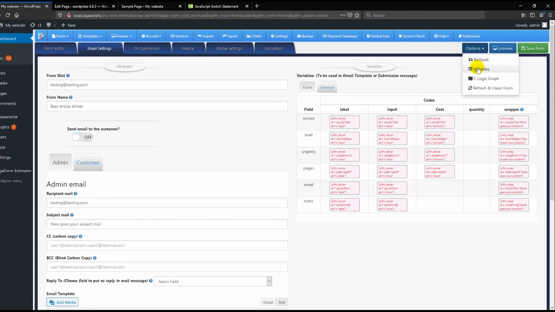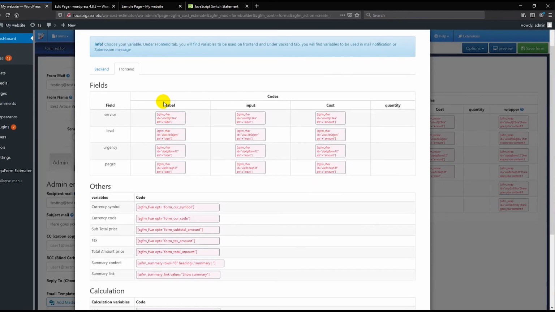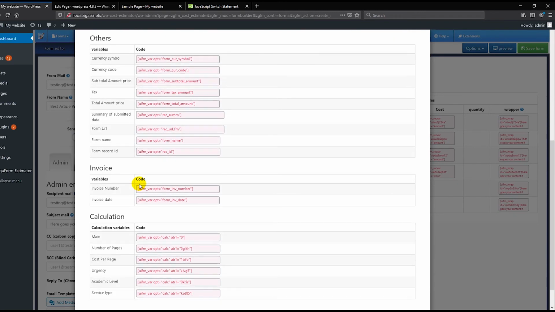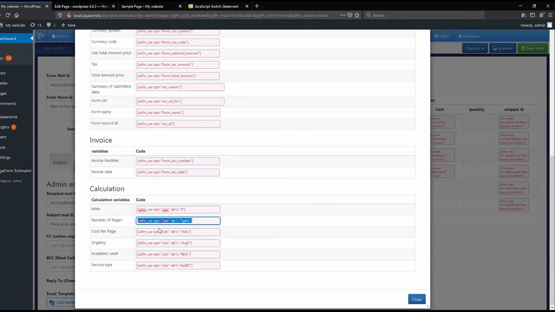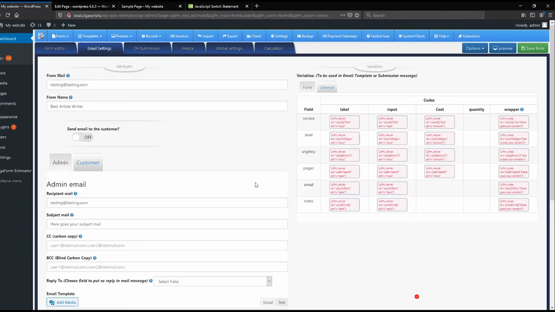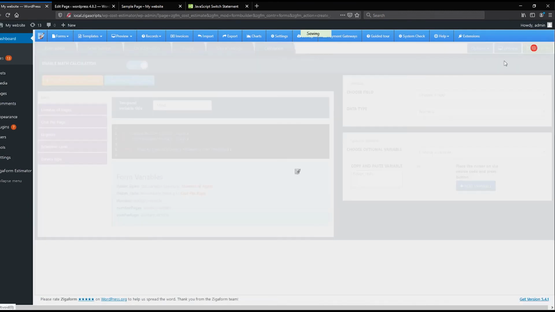You can add them from here, for example, going to variable options. This is for front end. For mail notification, we have to use the backend option, and here the shortcut, so the calculation variables, and here the value shortcuts of the fields, and that's it. Then we save changes,